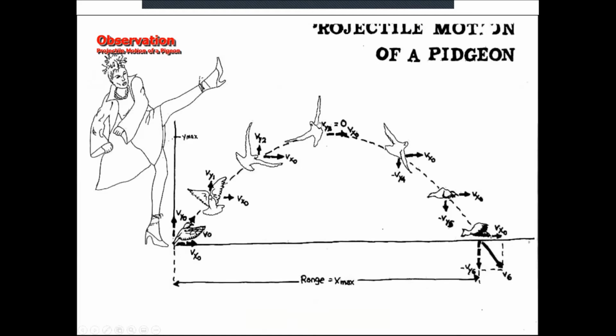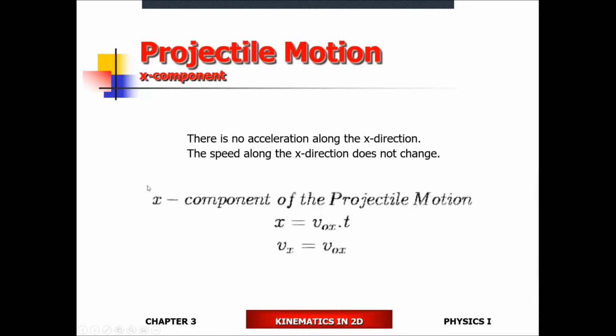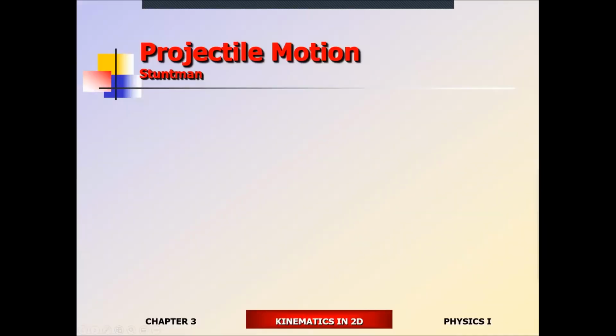And projectile motion is a perfect parabola, which means that the horizontal speed is going to be constant, which means that the acceleration on the x direction is going to be zero. So no acceleration on the x direction. So the x component of this motion is predictable as well. So the entire projectile motion is predictable motion. All right, so in terms of problems to focus on,